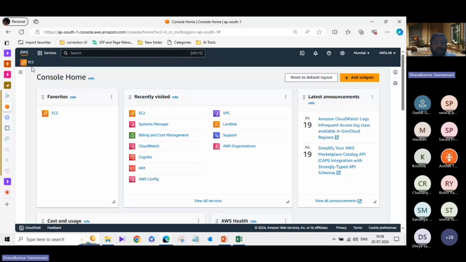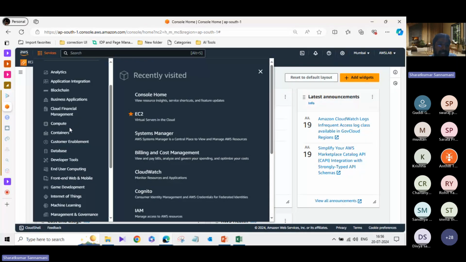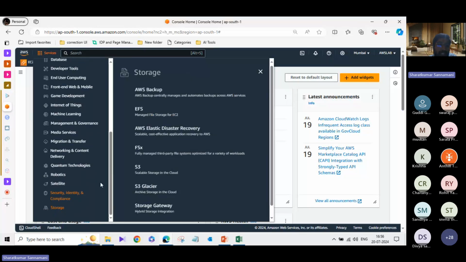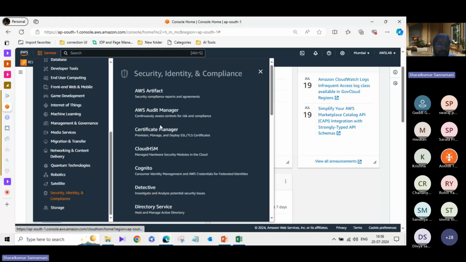Any cloud looks in a similar fashion, like a shopping cart, right? There are different options. If you select at the left top or right top, they have different options here. We just saw they have different services, for example a database service or a security service, and a storage service. If you click on storage, there are n number of storages. If you click on security, n number of security services you are able to see.